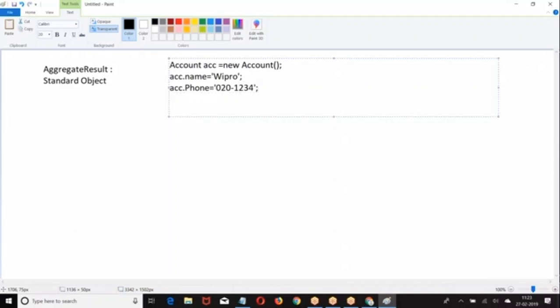This is how we create. The next one, Account acc equal to new Account.